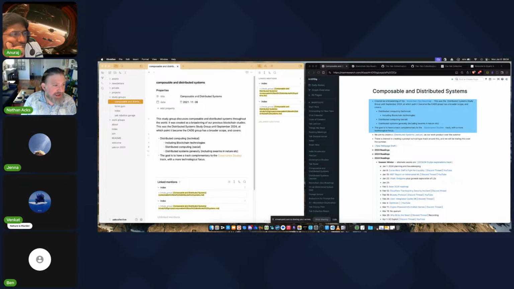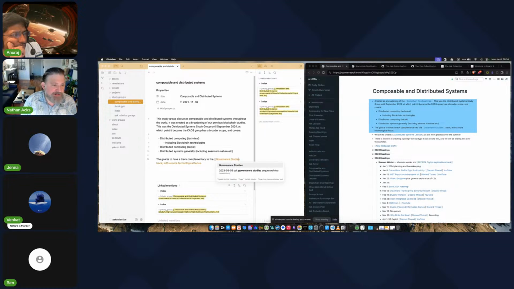I always like to use tabs. You don't really have to, but I think we don't have a governance studies set up yet, but we can add that link later.